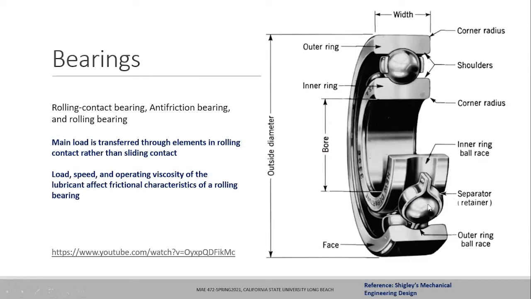And these rollers and the balls are sitting in a groove on the inner race, and you have a matching groove on the outer race as well. So you basically have the different components: outer ring, inner ring, the rolling elements, the balls in this case, and the retainer. For different bearings, you will see that the rolling elements can change from simple balls to cylindrical pins to rollers to taper rollers, and that will give the bearing a different nomenclature, whether it will be a cylindrical bearing or a taper roller bearing. That depends on what type of rolling elements we are going to use.